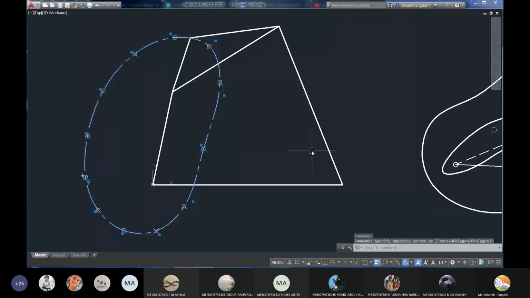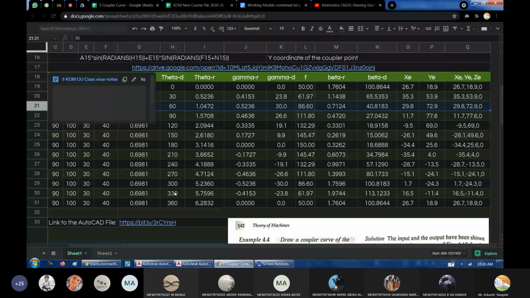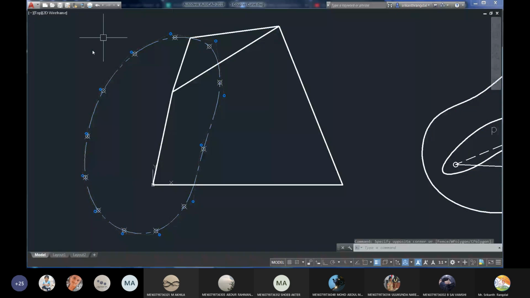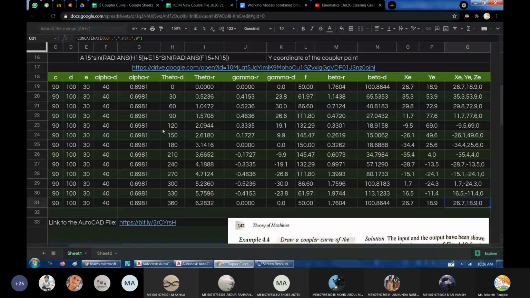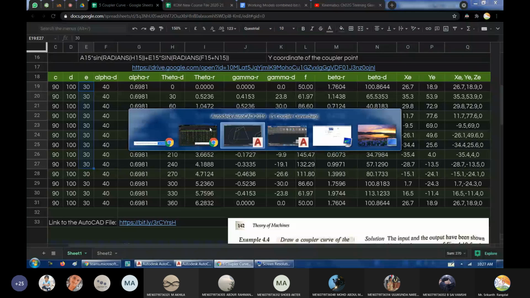Fine. So in fact, with this automation, if I want to change the link length, I can do that directly here. All I have to do is change the length of linkages, and automatically the final coordinates will be generated. And with those points, we can create this curve, and then again by changing the length of all these linkages according to what we fed here, we can just confirm that it is indeed following the same path. Is this clear? Any doubt?